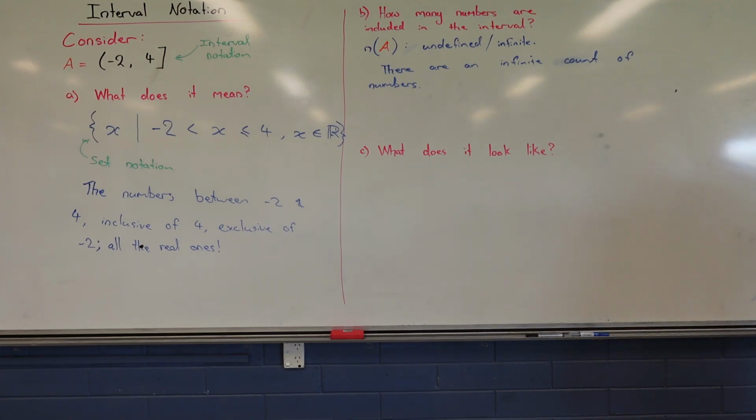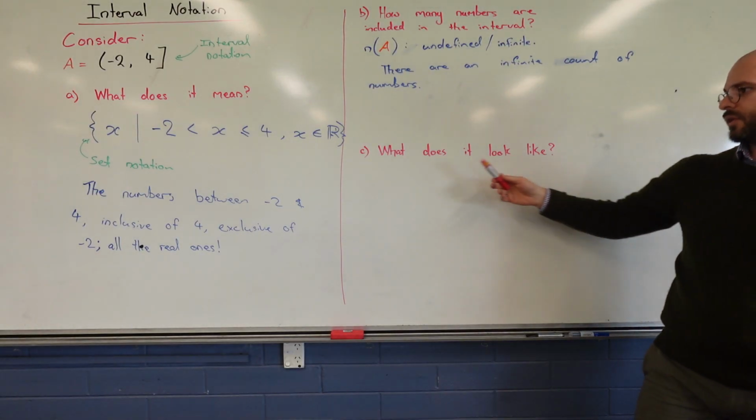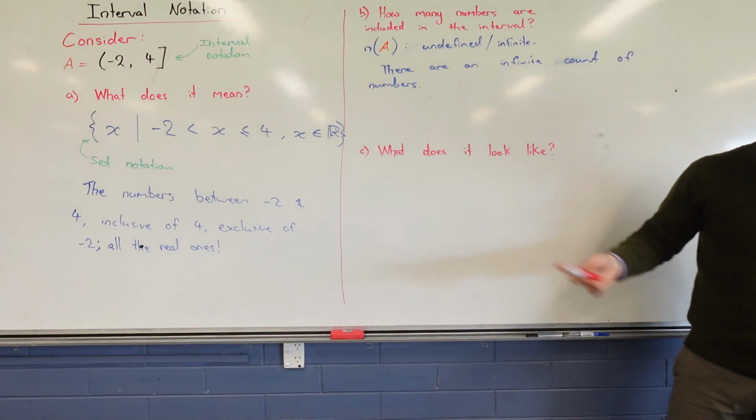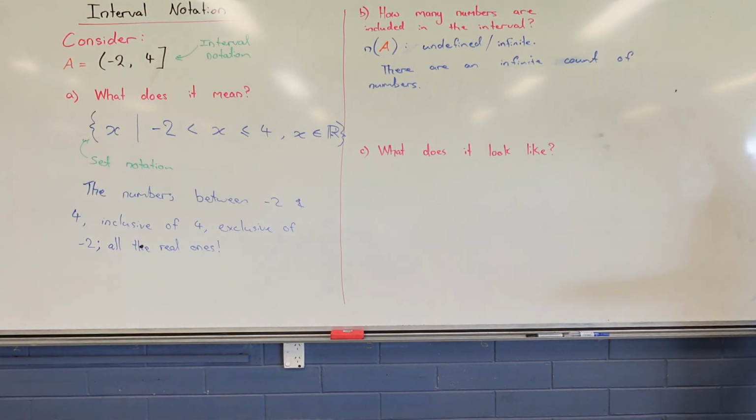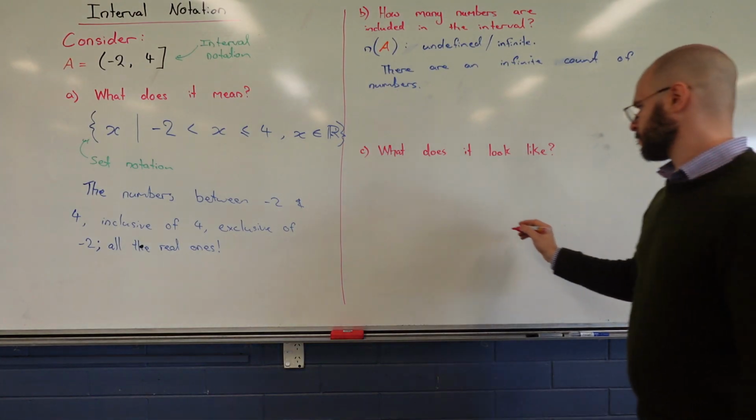Now, next question is, what would this look like if we wanted to draw a picture in place of those words? You would have done this in year 10 last year. So if we tried to write this as a graph or a picture, what would it look like? It would look like a number